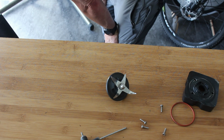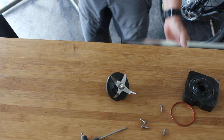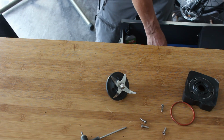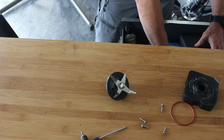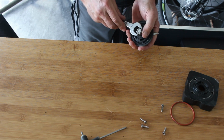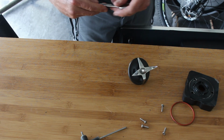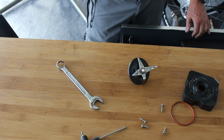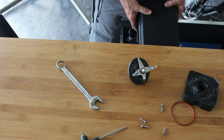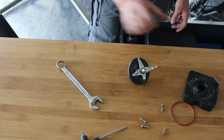You'll see this when we pop them out. They're not great, because they're running around a shaft that spins quite fast. There's definitely potential for it to get past, so I think it's something we're going to have to keep an eye on. I did discover last time that if I get I think it's a 7/16, or was it a 15/16? Yeah, it might have been a 7/16